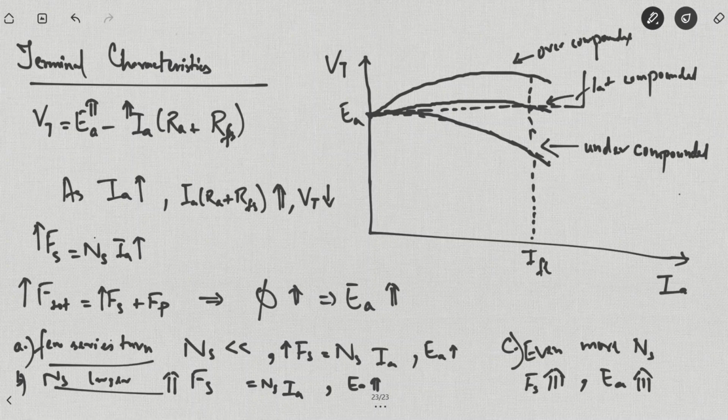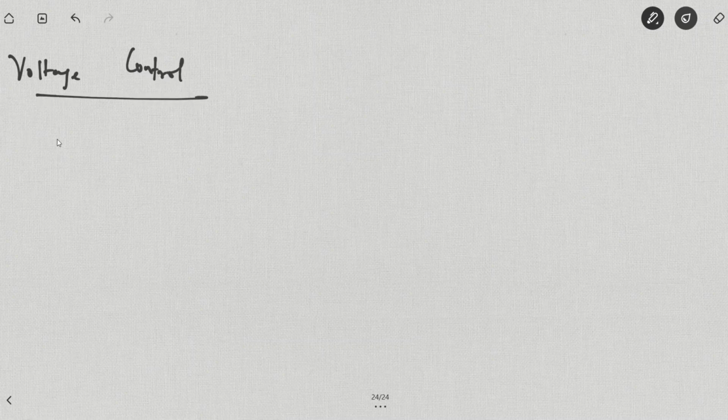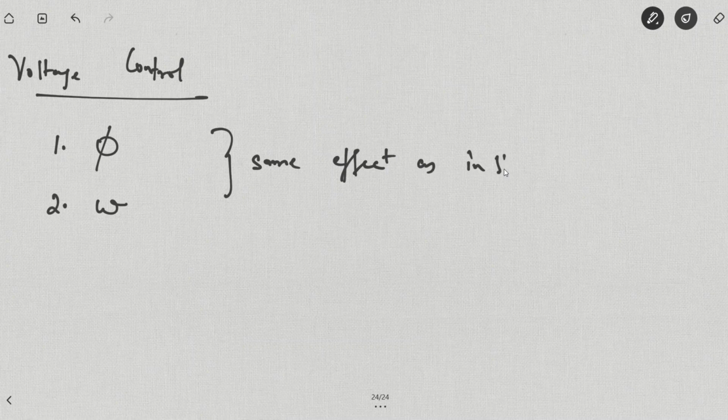Then we have the voltage control strategies of the cumulatively compounded generator. Voltage control, terminal voltage control. You have the same two methods. You can control the voltage either by changing the flux or by changing the speed. It will have the same effect as we saw in case of a shunt generator. Fine. And then you have the differentially compound